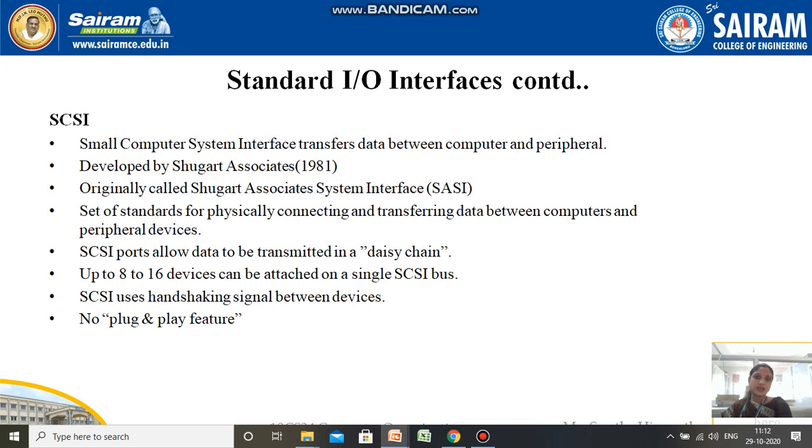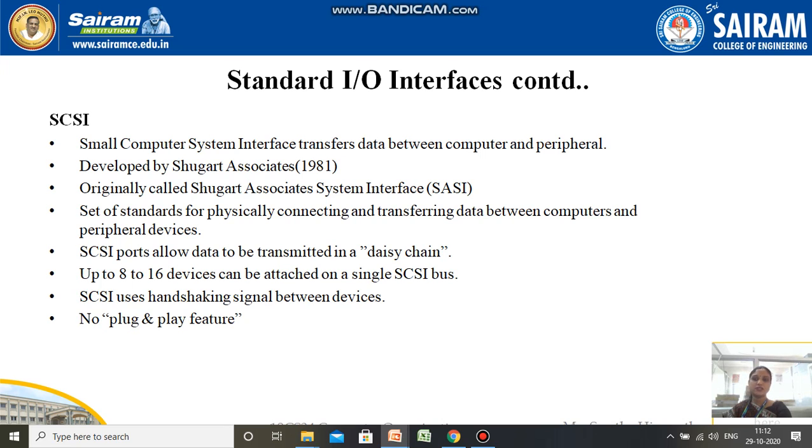The last standard IO interface is SCSI. It has one drawback: it can only hold up to 8 to 16 devices, and it doesn't have any plug and play feature, and it uses only a handshaking signal scheme, that is, asynchronous data transfer.